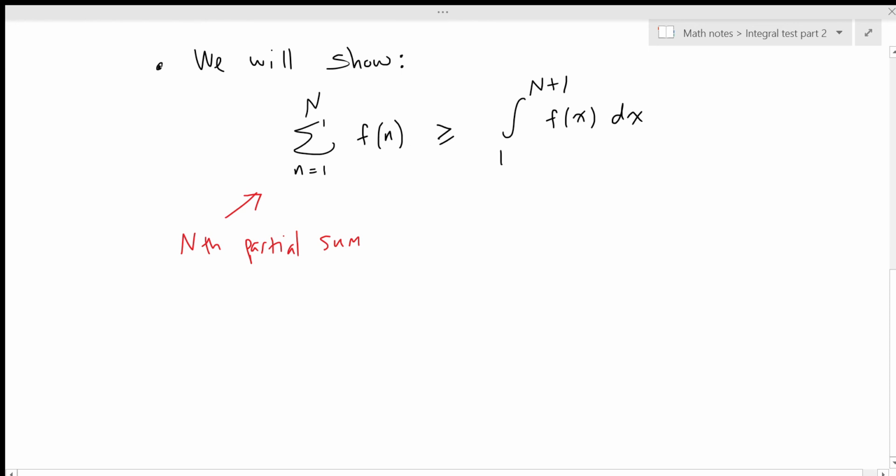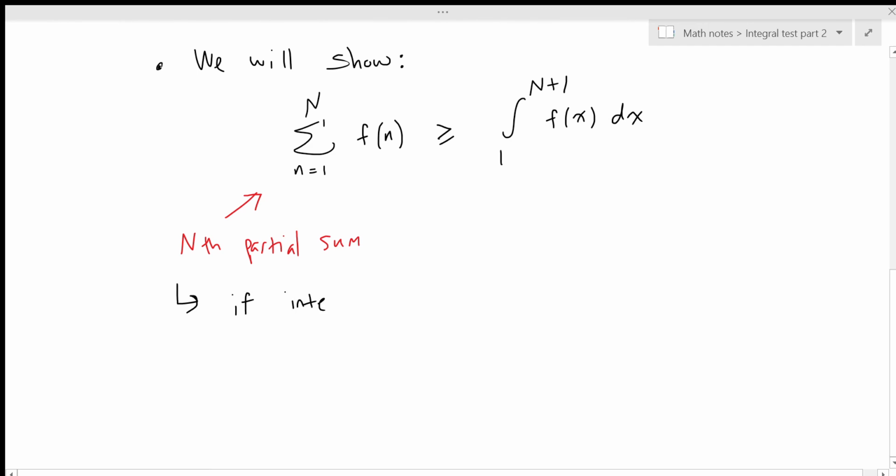And on the right-hand side, you see the integral from 1 to capital N plus 1 of this function f. And this inequality says that the left-hand side is greater than or equal to the right-hand side. And what we can learn from it is that if the integral diverges as n goes to infinity,